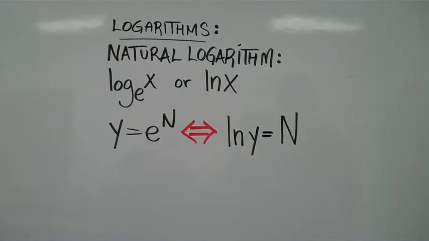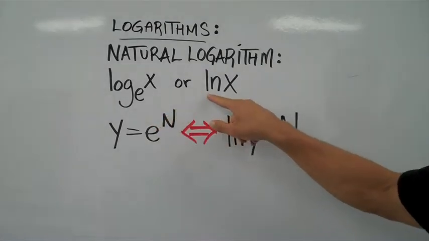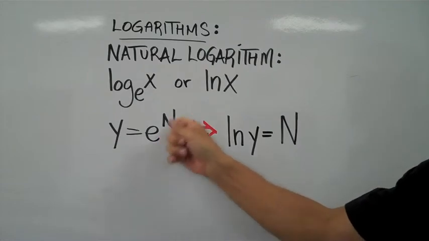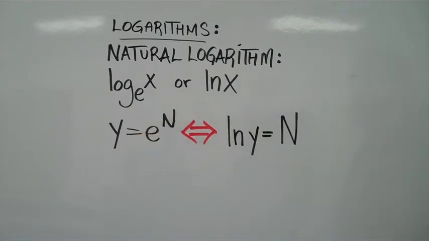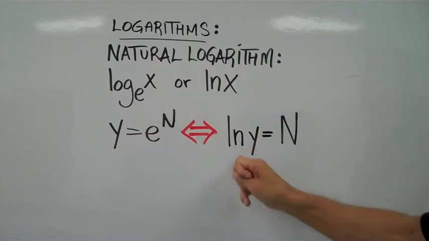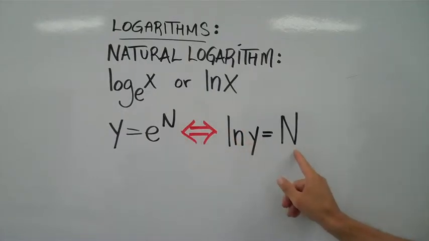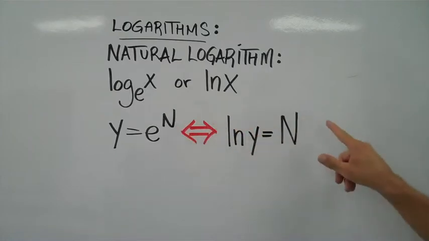When we talk of natural logarithms, we're simply stating that we're using e, which is an irrational number which starts with 2.7 something something something. We're using that e as a base. So log base e of x or ln x means the same thing. If we consider it in exponential form, e to the n equals y can be transformed into natural log, or log base e of y equals n. Again, the answer to a log problem is the exponent. It was the exponent there, and here it is as the answer.